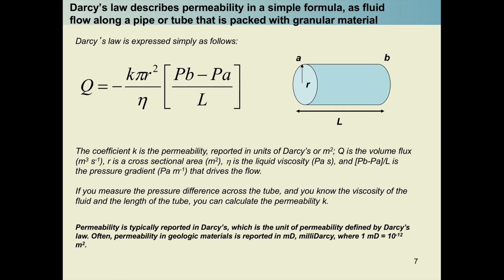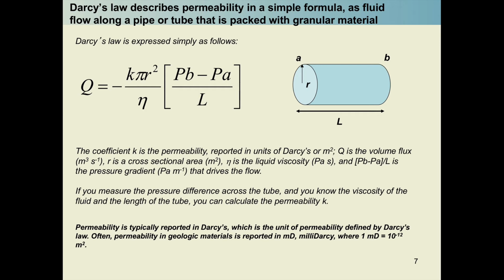So Darcy's law is a pretty simple equation, and it basically is expressed as follows. You have a tube. The radius of the tube is r. The location of one end of the tube is A. The location of the downstream end of the tube is B. You have fluid flowing along a length L, and in this case, it may be flowing from A to B. So the volume flux of fluid in meters cubed per second is shown as Q. So that's the amount of water or gas you have flowing through your granular media in terms of volume per